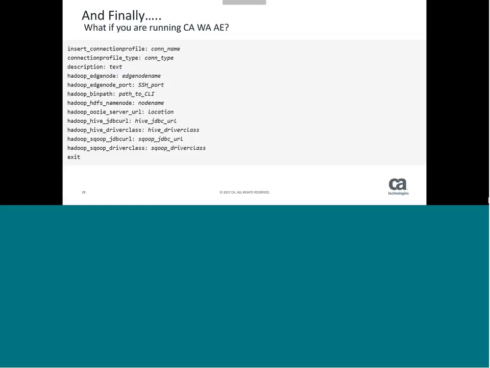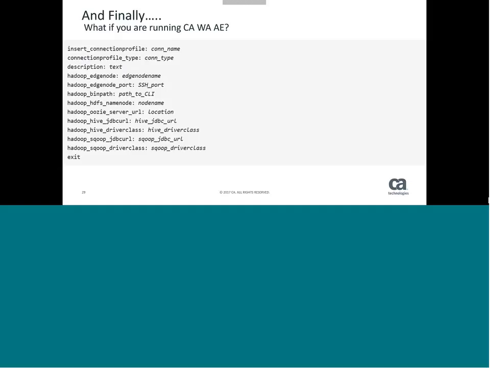And then finally, we're almost done with the journey of learning how to connect workload automation into Hadoop. Everything that I've shown so far has been configuring workload automation DE, and that begs the question for all your Autosys people out there. It's supported, yeah. You've got your connection profiles, you've got your security profiles. You insert a machine with the right